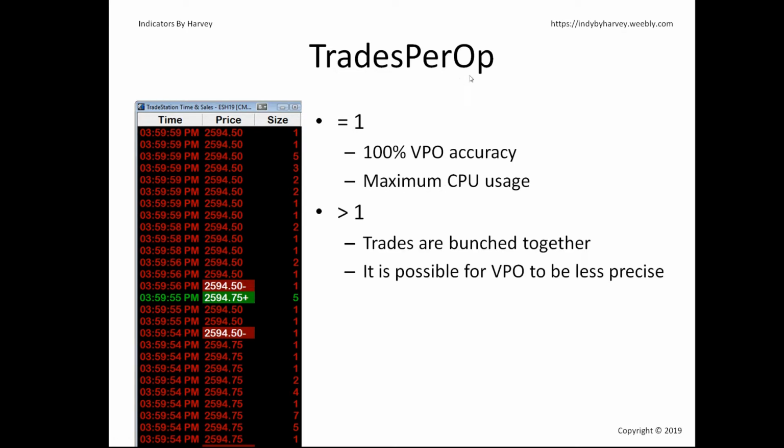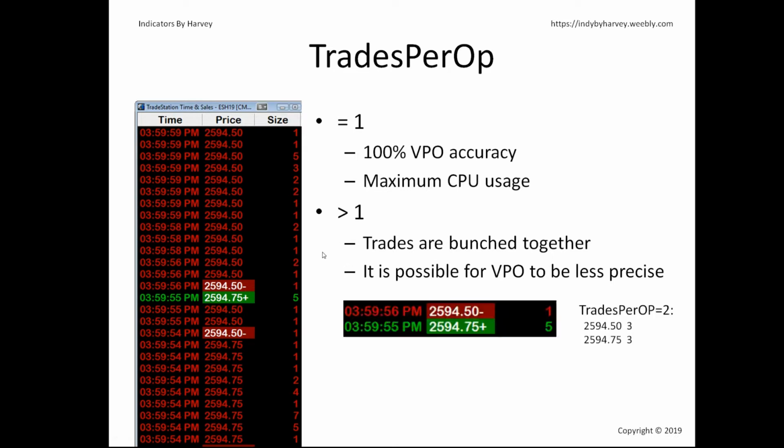If you set trades per operation to a number greater than 1, the trades are bunched together by TradeStation before they are sent to the indicator. It's possible for the VPO to be less precise. Let me give you an example. If you set trades per operation to 2 and the platform happens to bunch these 2 trades together, the indicator